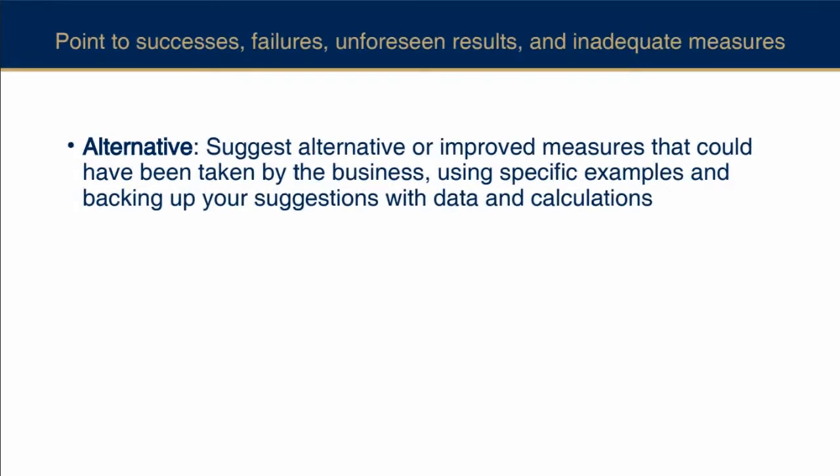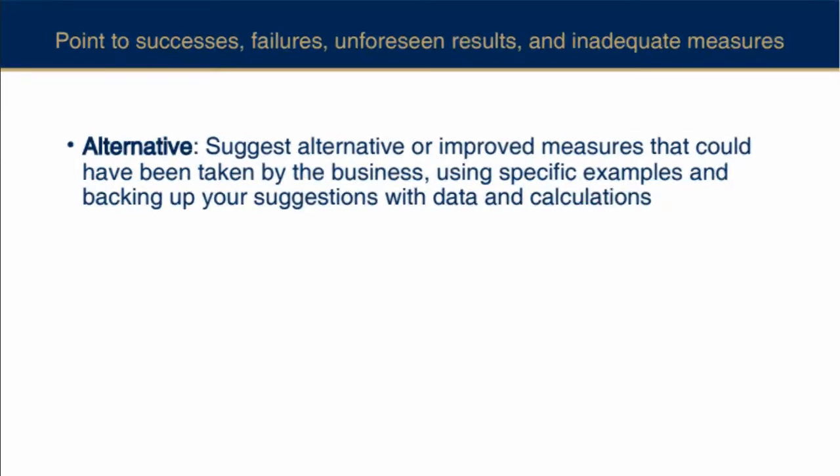And this is where, again, you're pointing to the successes or failures or unforeseen results and inadequate measures. Because again, it goes back to if you can't measure it, then why do it? And if you can't measure it, it doesn't matter. So you want to make sure, if it does matter, you want to have a corresponding measurement to it so